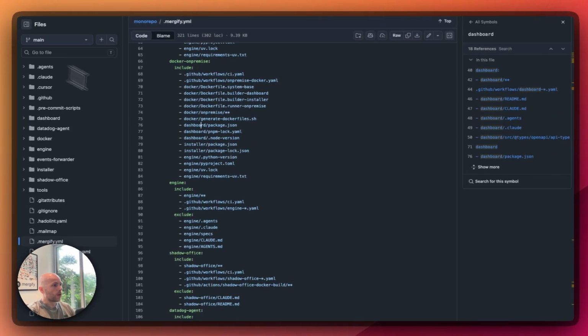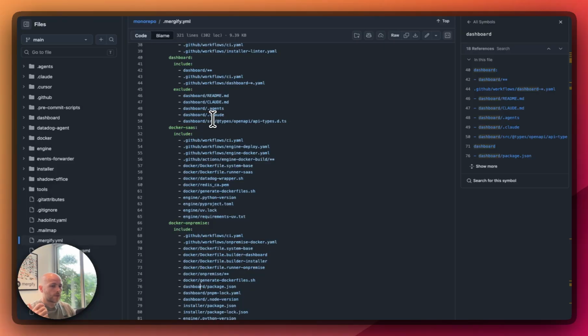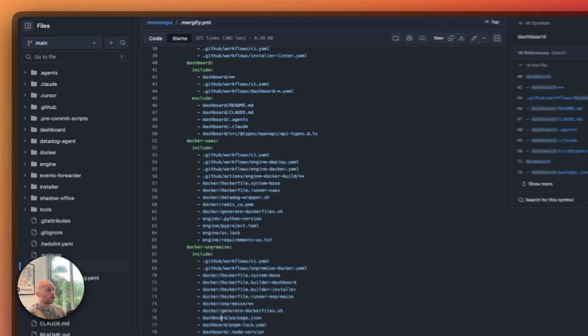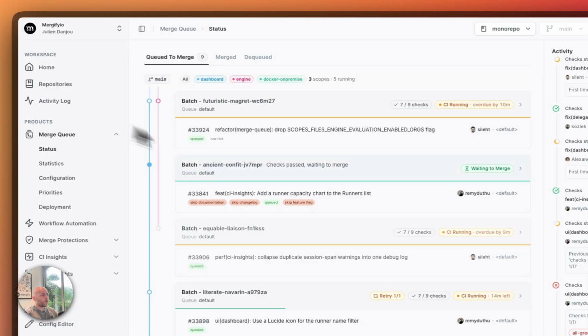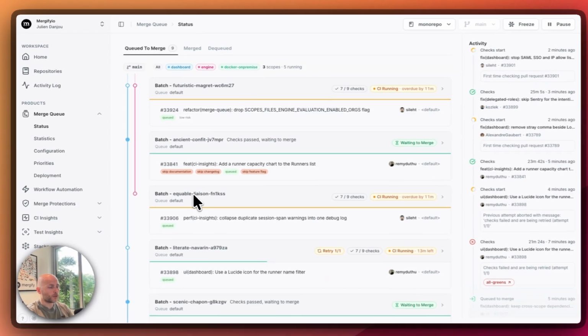And when we have that, we can basically build smart batches. We don't use batching internally at Mergify, we use a batch size of 1, so each PR is tested independently. But if you use batching, we can group in a smart way the PRs directly into a batch affecting the same scope. And once they enter the merge queue, we have those PRs basically being grouped by scopes